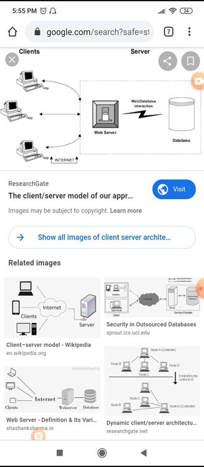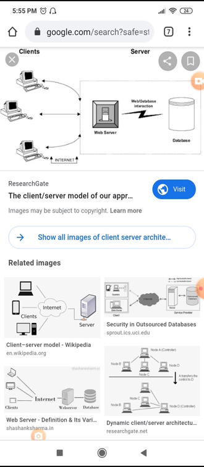You can see one more architecture in which there are a computer, mobile and laptop as clients. We consider all devices connected with the internet, and directly connected to the server. So if there is an internet connection, then only can we connect all the clients with the server. So this is also one kind of client server model.